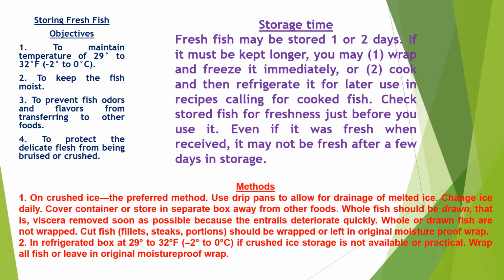Now, if for example, let's say you buy 5 pounds of fish to have for the rest of the week, and you know that daily you're going to be eating 1 or 2 fish, you just take out that and put it in the refrigerator. The rest, I recommend you not to wrap everything together. If it is fish fillet or whole fish, put it in a bag or wrap them and put them separately in different bags. Don't put 1 or 2 fish in one bag, because if you are going to be eating only 1 fish